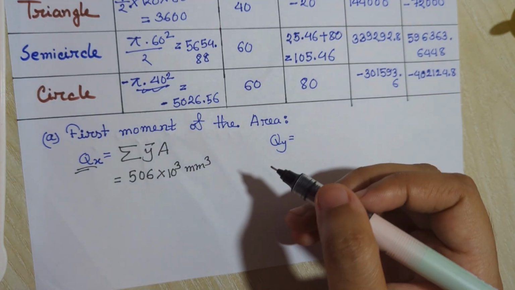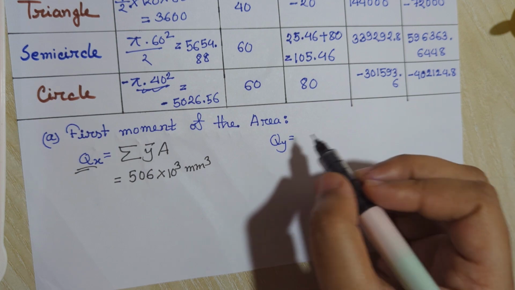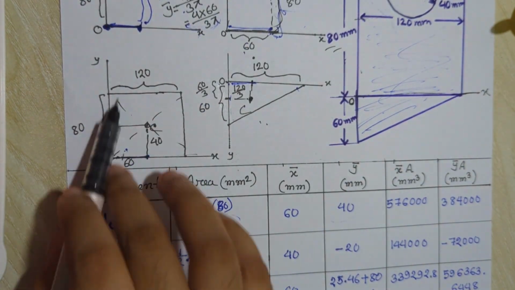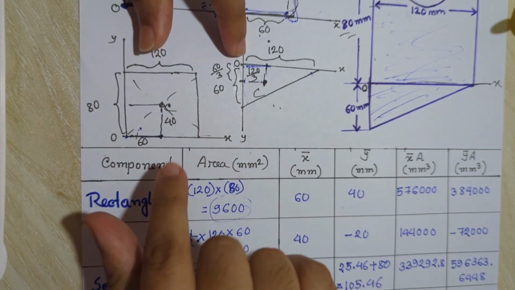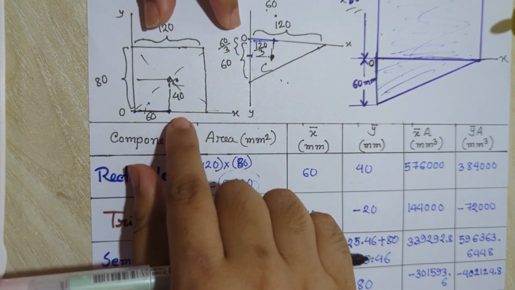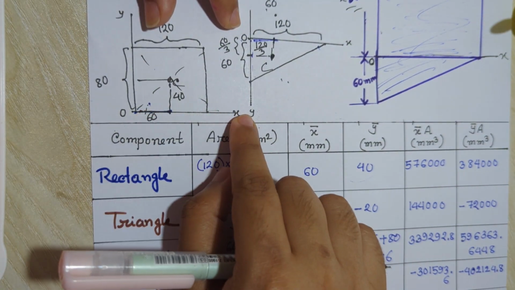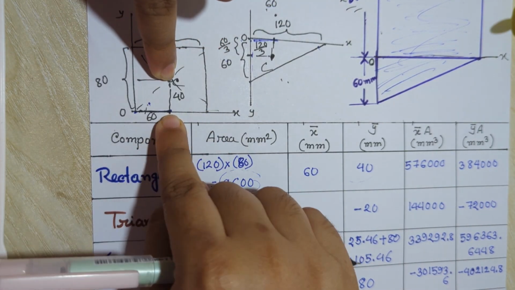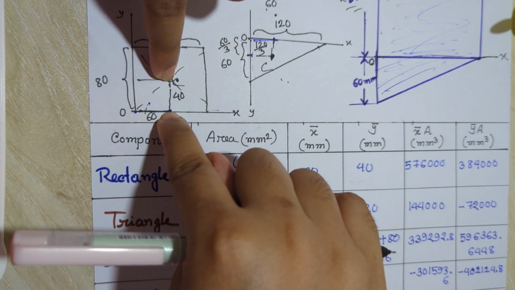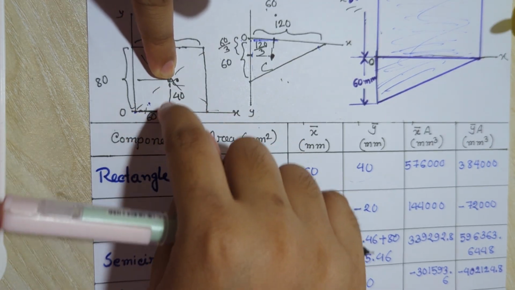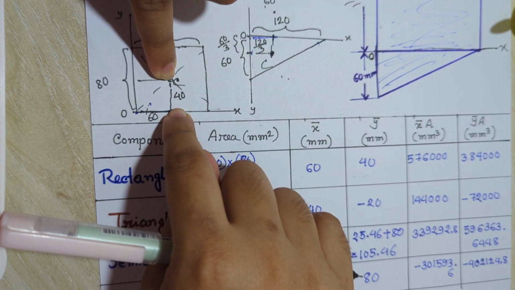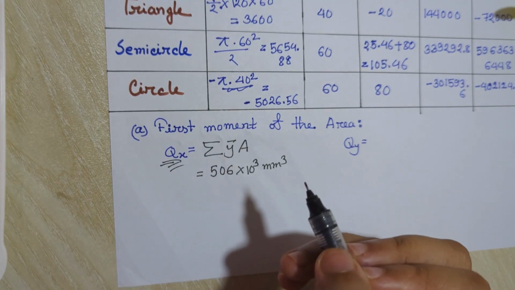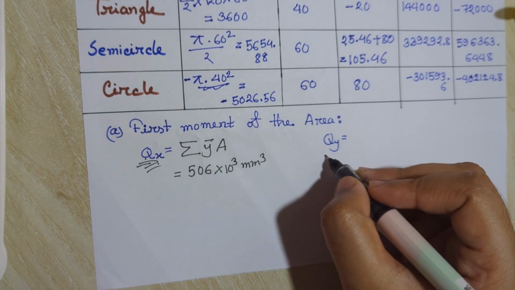And similarly, suppose this is our origin and this is our object. If we find the moment according to our x-axis, and our centroid is here, then what will be the shortest or perpendicular distance from these 2 points? This is y. This is the value of y. So we have to use y bar in the formula of finding the moment for the x-axis,